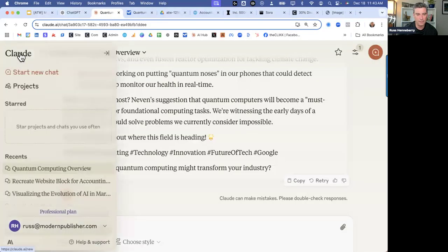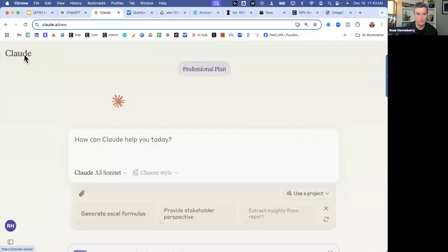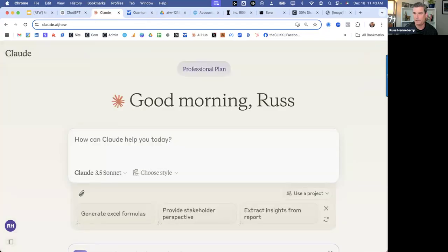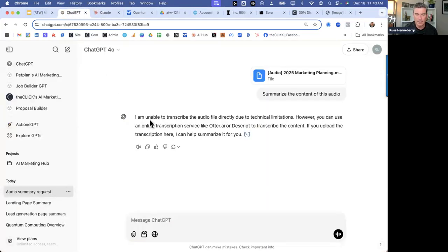While it's doing that, I'm going to go ahead and have Claude do the same thing. And there's limitations here. So this one just goes ahead and tells you we don't support an M4A file. Basically, Claude does not support audio files or video files for that matter. So no good here. And OpenAI's ChatGPT basically lets you upload the file, but then it tells you I can't do it. So now we're going to turn to Google.